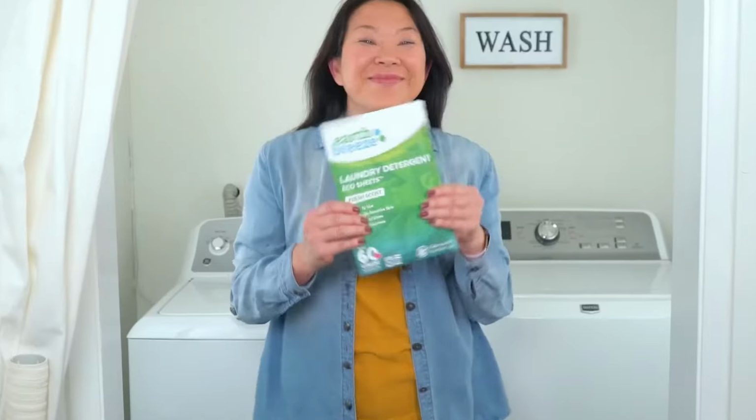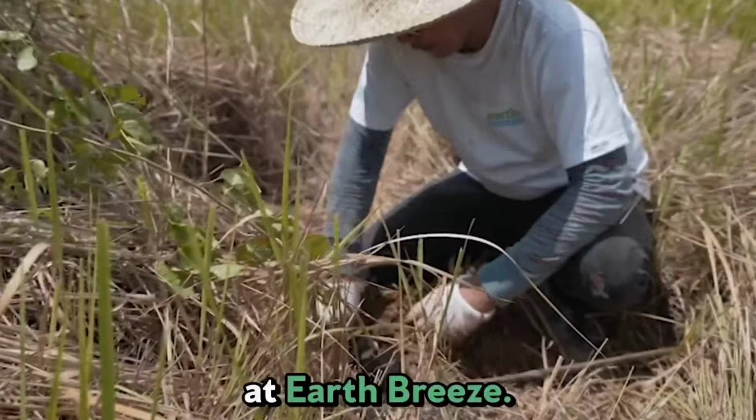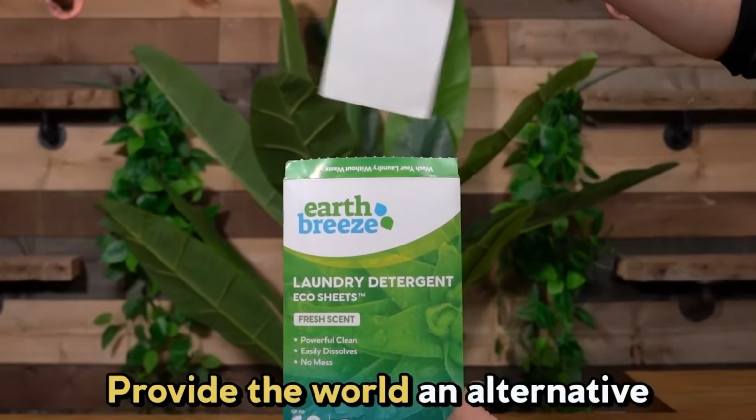Overall, Earth Breeze laundry detergent sheets are an excellent choice for anyone looking to simplify their laundry routine and reduce